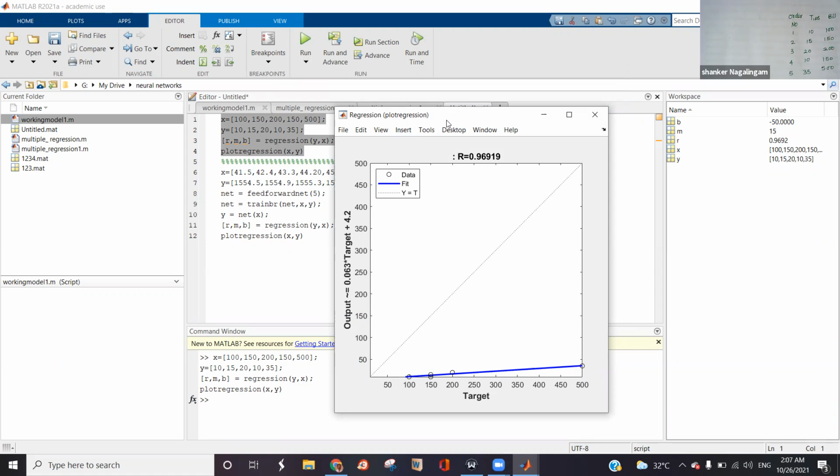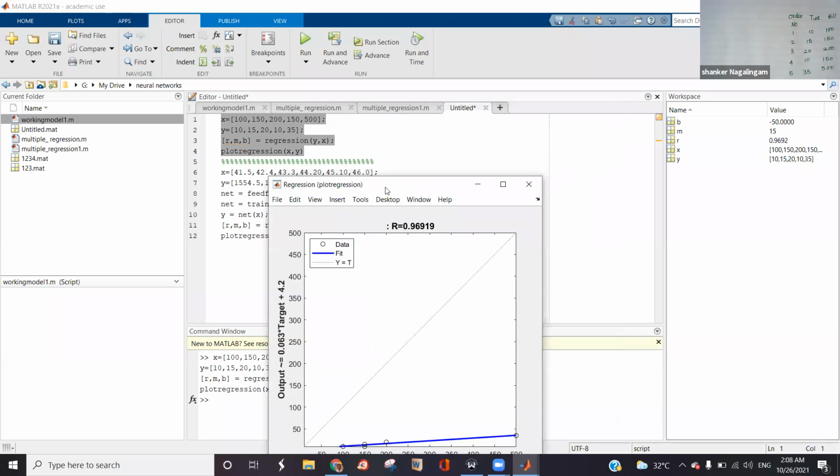Now, from this, how to make your equation? How to make your regression equation modeling? I'll just switch to my board so that you are able to see. You can see here B value is 50, M is 15, and your